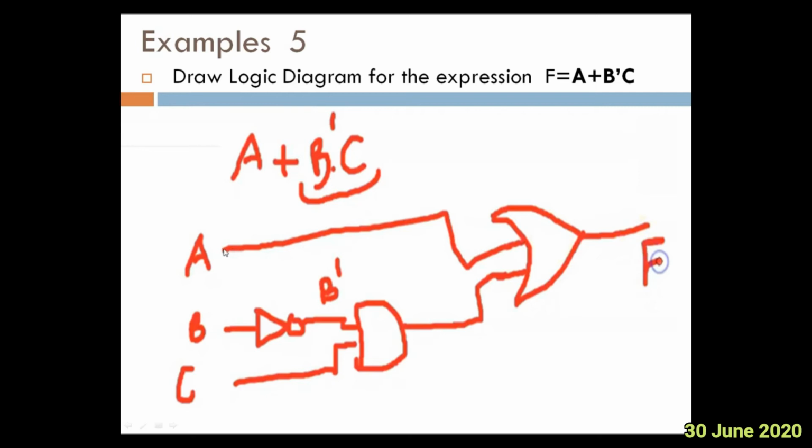See, first you take inputs A, B, C. The number of variables involved are A, B, C. Take A, B, C here, right? I want the complement of B, that's why a NOT gate. Then AND with C, its output is coming here, and then the A is added here, that is an OR gate. Finally, our expression will be A plus B dash C.